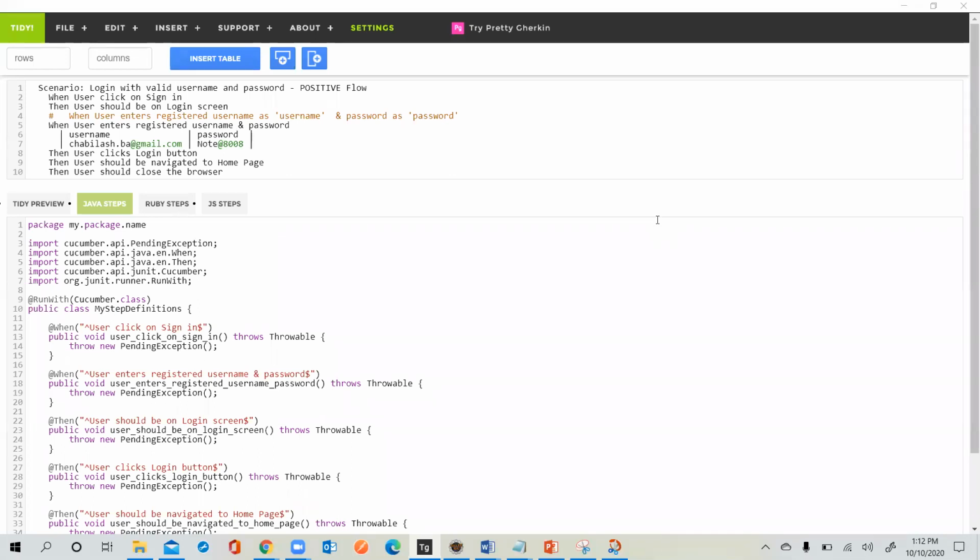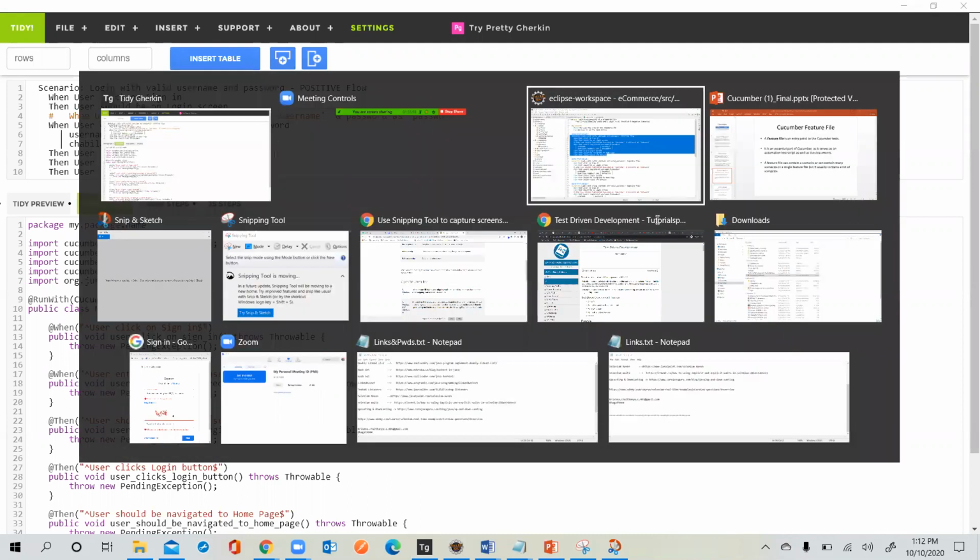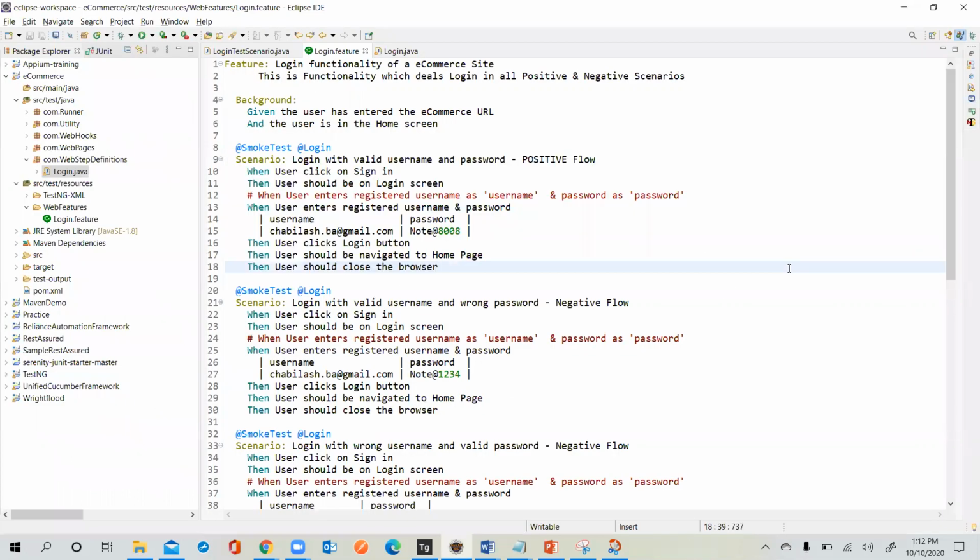Okay, so now you have a clear-cut understanding of how to write a feature file, what keywords we need to use in a feature file, what the different types of feature file are, and once we write the feature file, the respective step definition files we have discussed. This is what we have covered till now. Everyone clear? Yes, please.